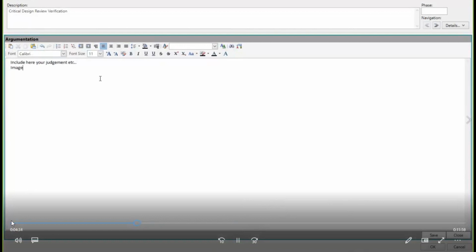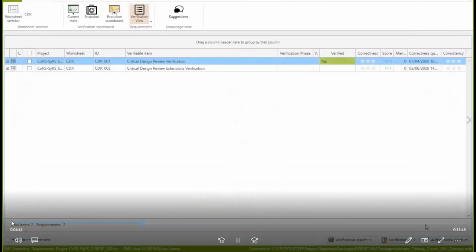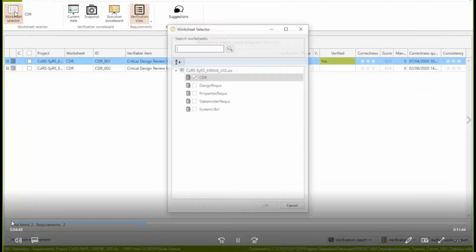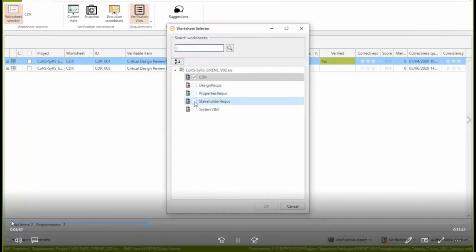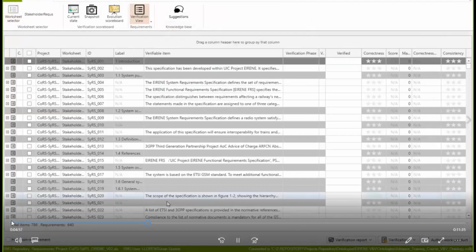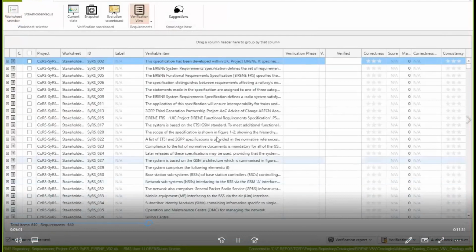You can put images, or you can put links to web pages, or you can put whatever you want as evidences, and then you say okay, you get a green, a real green. Okay, so now let's get into stakeholder requirements. In that case, I'm going to remove the CDR. In that case, now we suddenly get, so I have the menu somewhere there. So you suddenly get